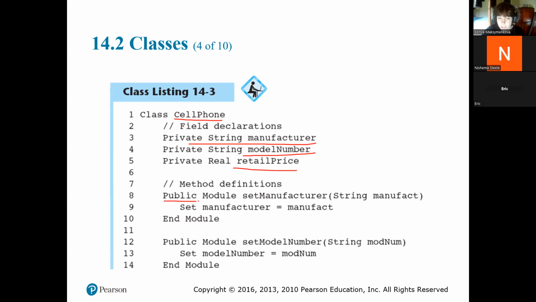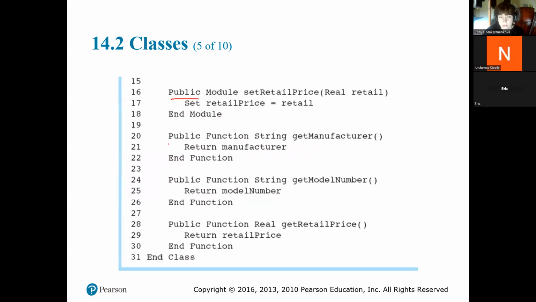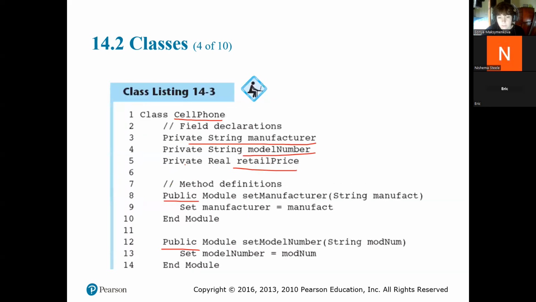Here are our methods. As you can see, our methods are public. And each of these variables will have a setter and a getter. These are just another two definitions that you have to be familiar with, a setter and a getter. A setter is just going to allow us, whenever we want, to set this manufacturer to some value. As you can see, we have not assigned any values to our variables yet, so these are just empty. However, whenever we want to set a value to our variables, we would do it with the help of